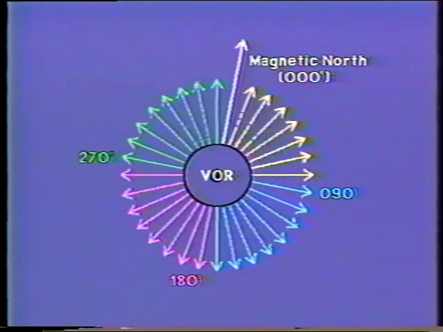The VOR puts out two signals. One is the all-directional or omnidirectional signal. The omnidirectional signal is timed to transmit at the same moment the rotating signal passes magnetic north. Your VOR receiver electronically measures the difference. This time or phase difference is then translated into the number of degrees between your position and magnetic north.